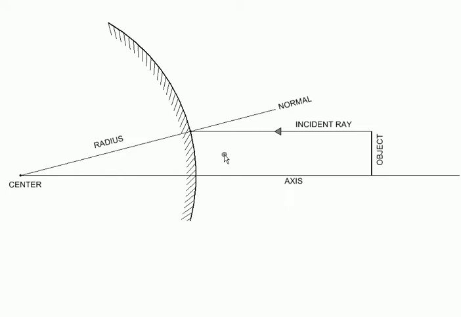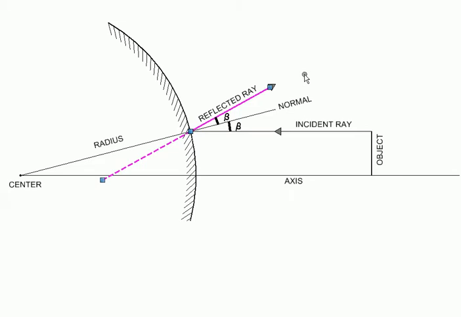And then there is a nice thing about incident and reflected rays. They make equal angles with the normal. So we can measure this angle between the incident ray and the normal and just construct it on the other side. So that should give us the reflected ray. Now our eyes and our brain intuitively know that light travels in a straight line, and therefore when we notice a reflected ray like this, we infer that its source must be somewhere on this segment or its extension. So in general, somewhere on this line.